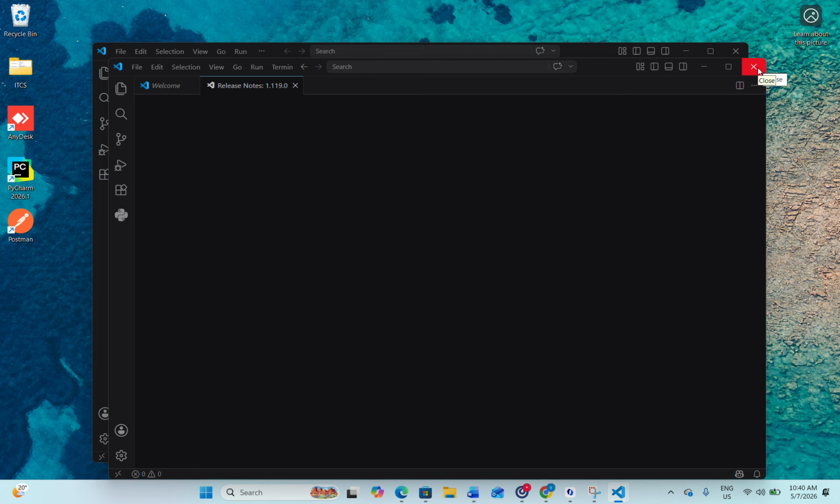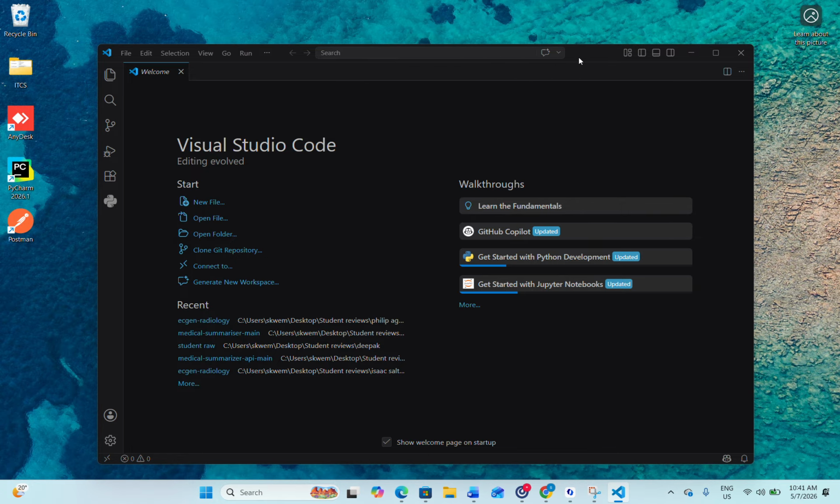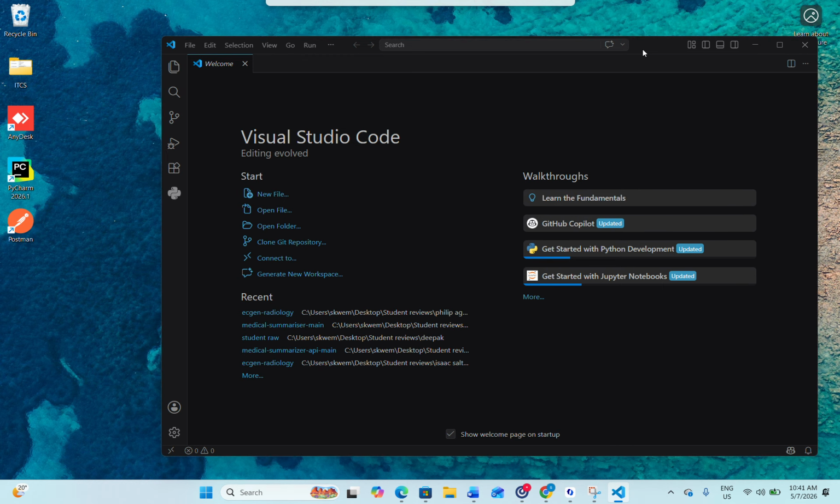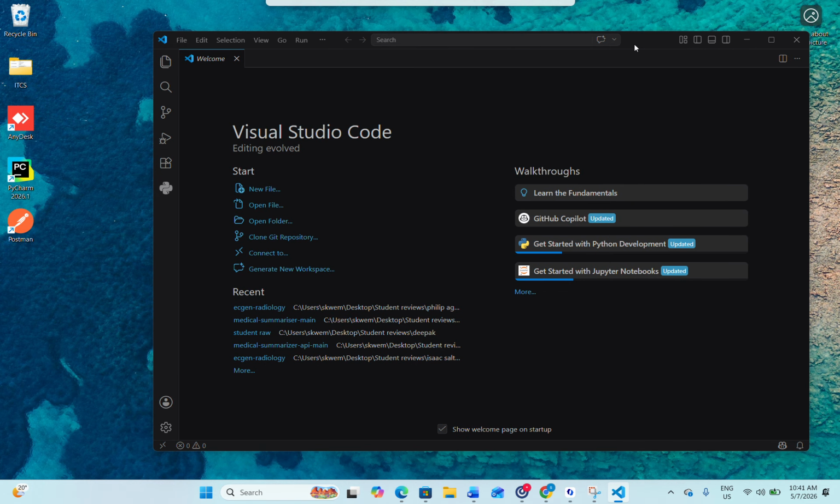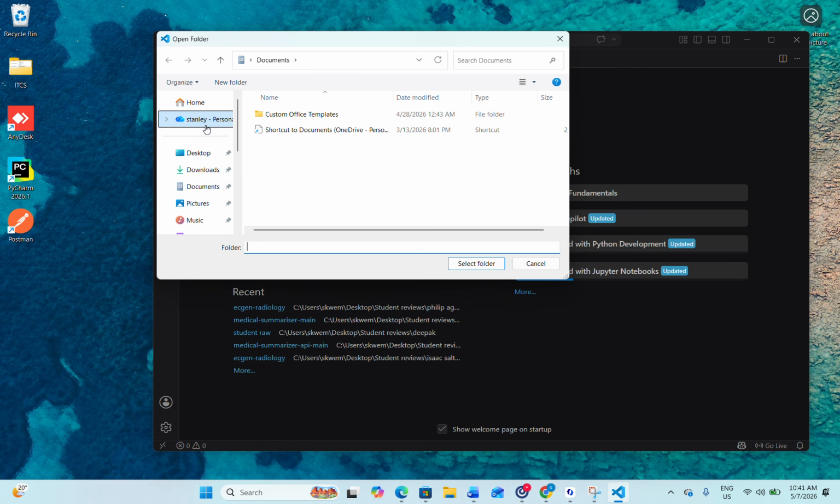Now, once it's open, here you can see that I clicked twice. Let's get rid of one of the VS Code instances. Once it's open, you see something like this. By default, if you've never used VS Code, you just see these options to open a file, to open a folder and stuff. So you have to head on to File, Open Folder,